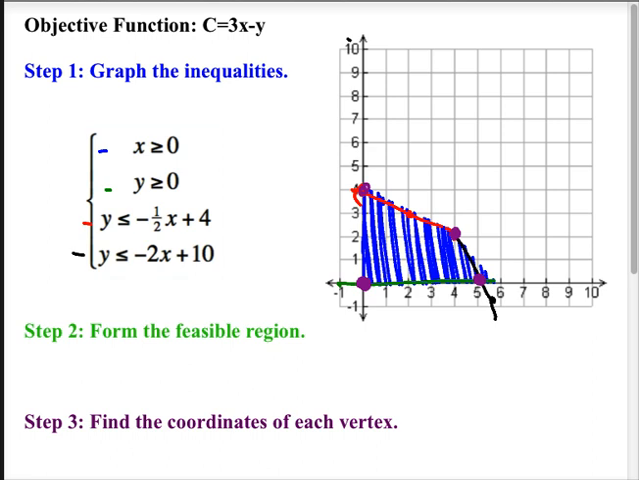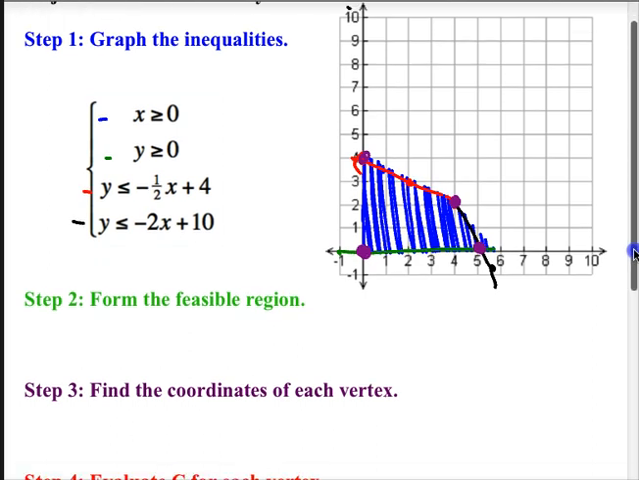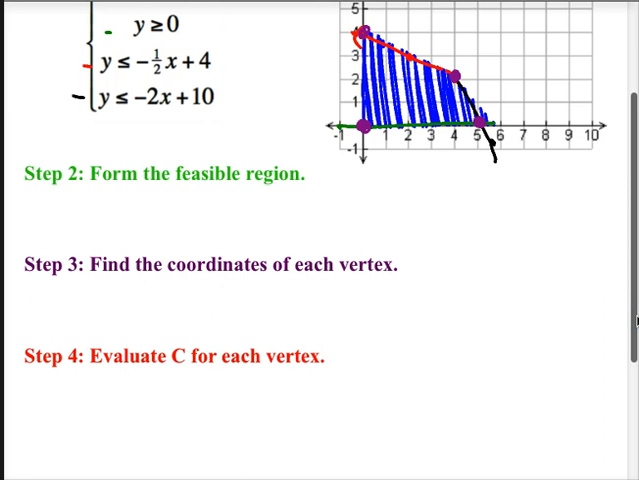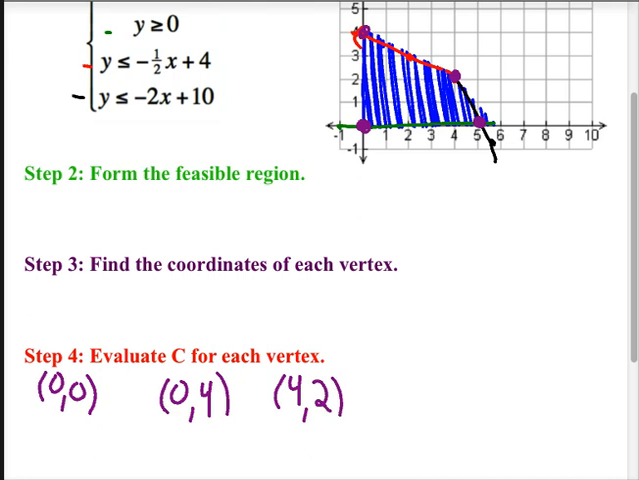So I have vertices at 0, 0, at 0, 4, at 4, 2, and at 5, 0. So I've identified all of my vertices,